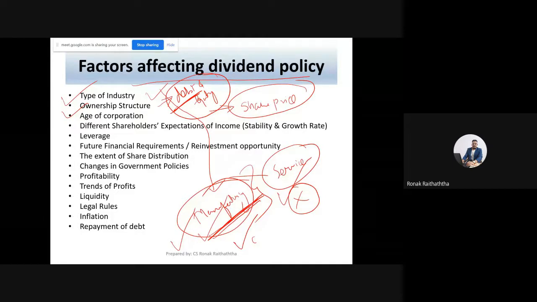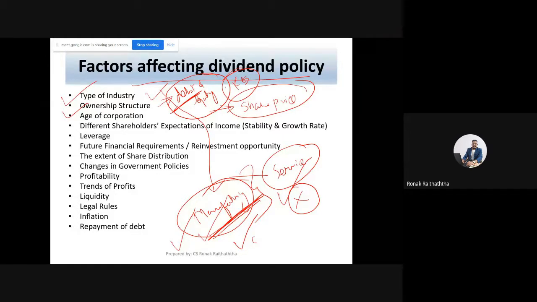If one of the years is bad, you will struggle to pay the interest expense. In that case, if you have good reserves and surpluses, then in the bad 2-3 years you will be able to afford to pay the interest to banks and financial institutions. But you will not be in a position to distribute the dividend in that case, you know. Because if you have taken the higher debt, then the banks and financial institutions want some security in terms of your reserves.